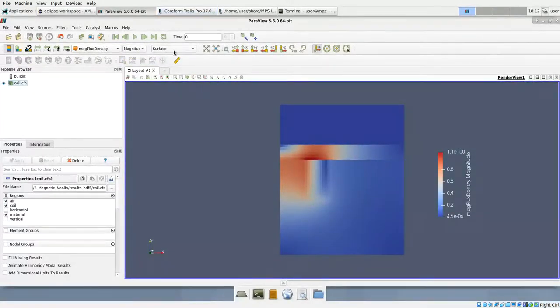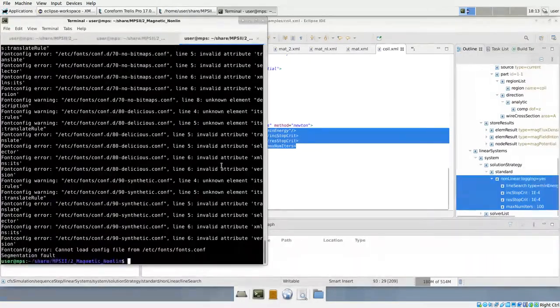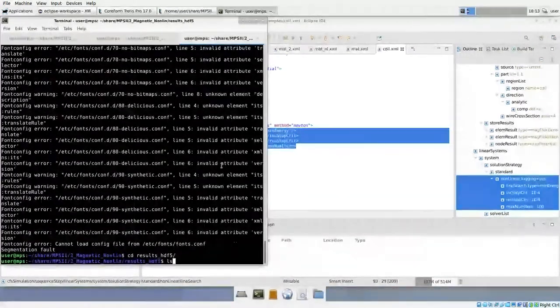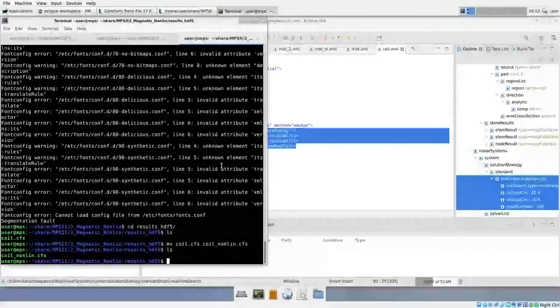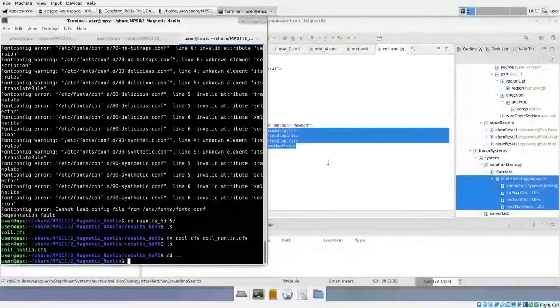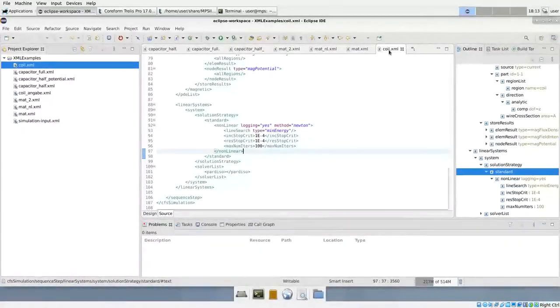Okay, in order to compare this nonlinear simulation with the linear version, let's rename the result. So let's rename this coil.cfs to coil_nonlin.cfs and go back to the coil.xml file